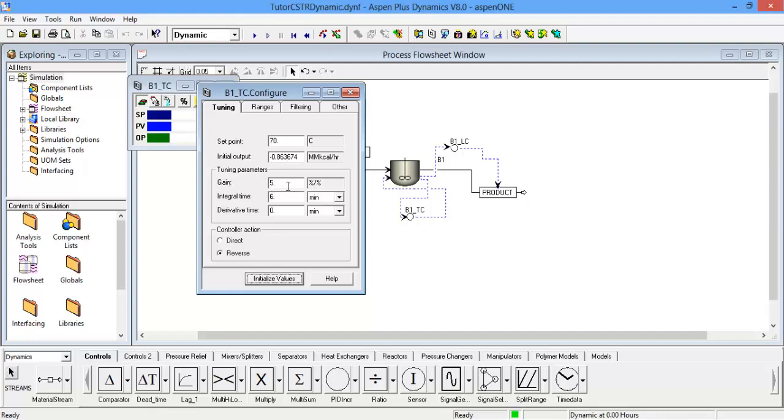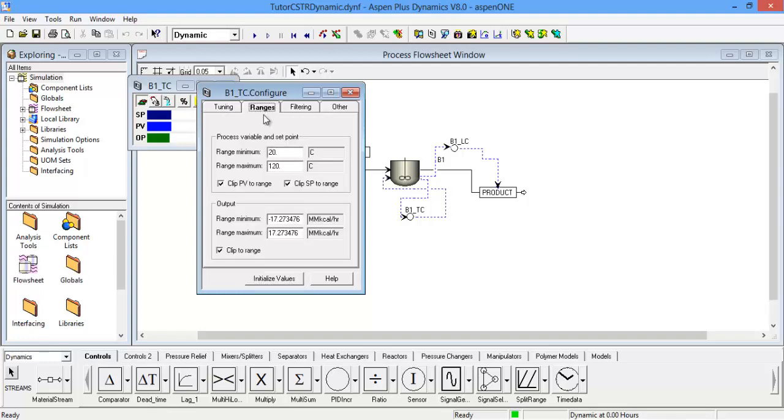Okay, and this is the gain, the steady state gain, and we have the integral time as well, and the derivative time as well, as it has been explained in the introductory part of the video. Alright, now I would like us to look at the range. The default range is from 20 degrees minimum to 120 degrees maximum, and for the output variable, that is the amount of cooling energy, the amount of energy to be removed by the cooling water, it should be from -17 and 27, minus 17.27